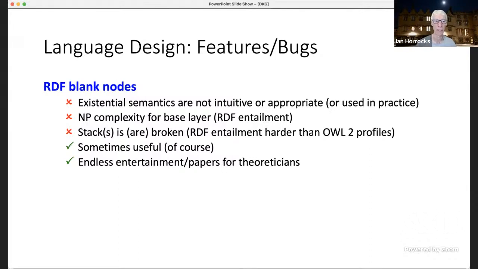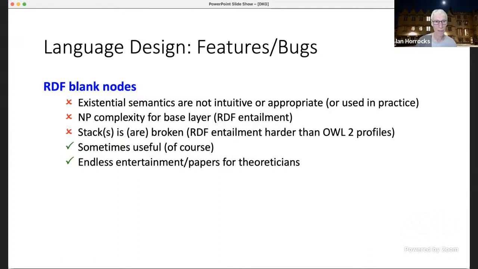And one of the things that OWL inherited was RDF blank nodes. And actually, the problem with RDF blank nodes, I think, was mainly due to the fact that when they were first introduced in RDF, as I mentioned earlier, they didn't really have a very formal semantics. And so the intention behind them was not completely clear. But actually, I believe the intention was really just some sort of wild card that you could use when doing subgraph matching and query answering and so on. Or if you wanted to create some sort of graph structure with some nodes in where you didn't really have a specific name in mind for them.